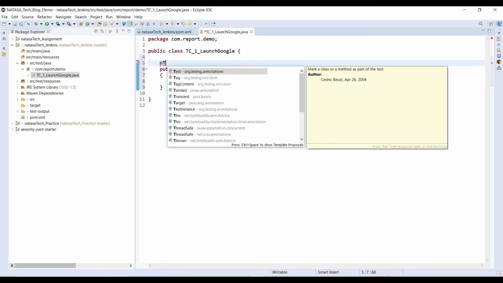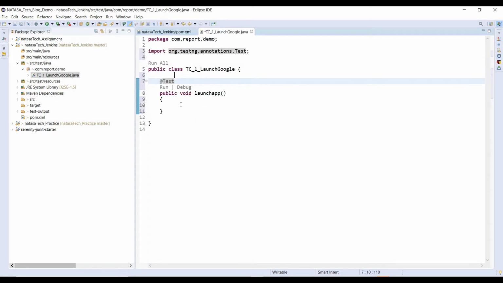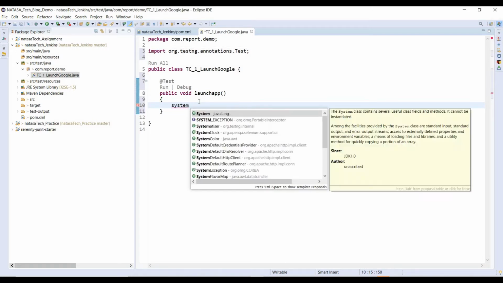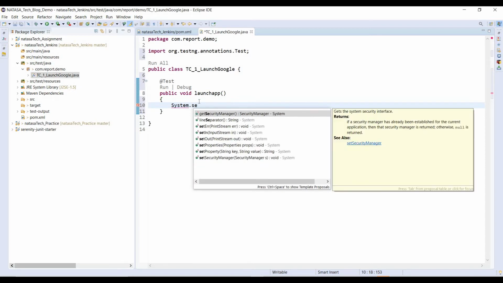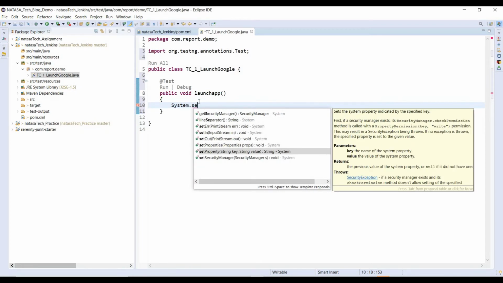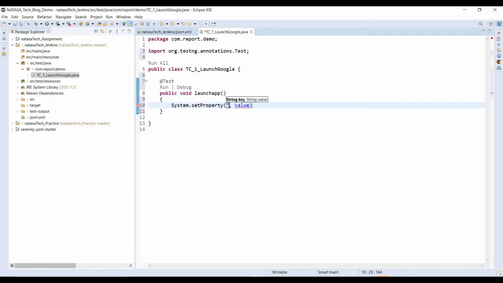You will get this one. You can import it. Next I have to add System.setProperty, because I have to use Chrome driver. For that I have to set this path.